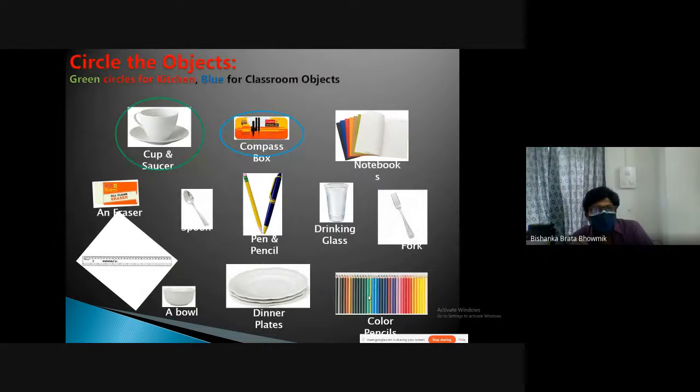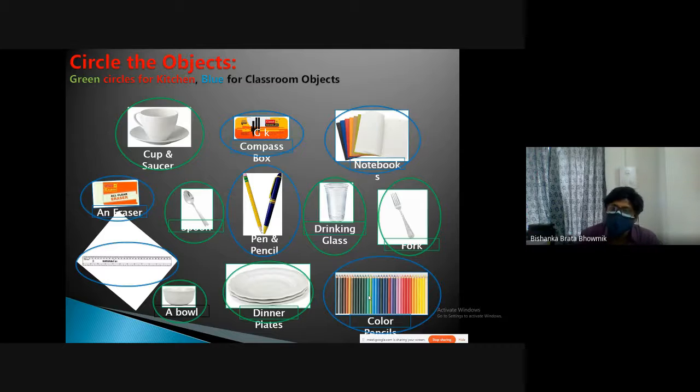Now we can tell them, okay, those that belong to your kitchen, make a green circle, and those that belong to your classroom, make a blue circle. Then they will be able to solve this kind of problem, right? So by doing this, actually what they are doing is classifying all these objects.